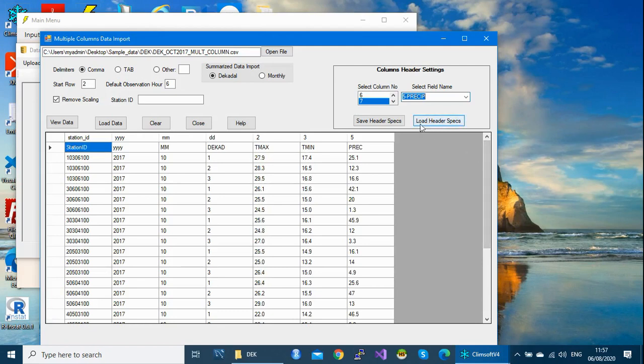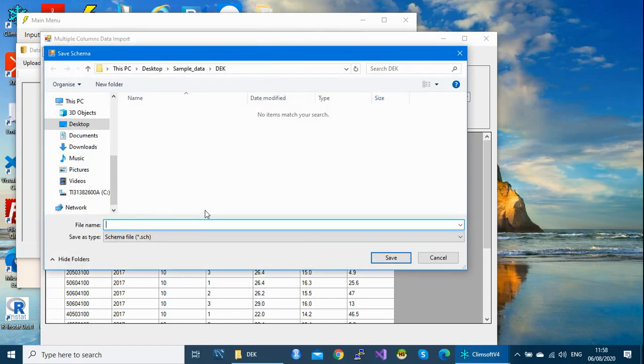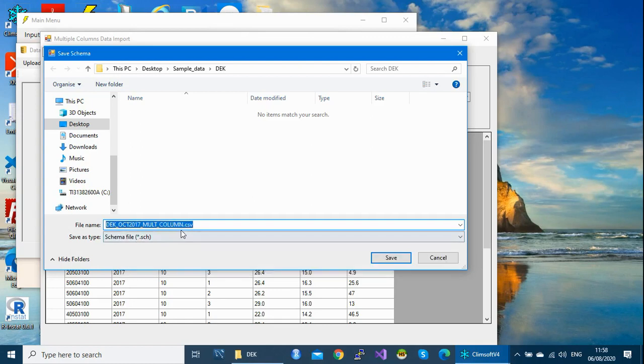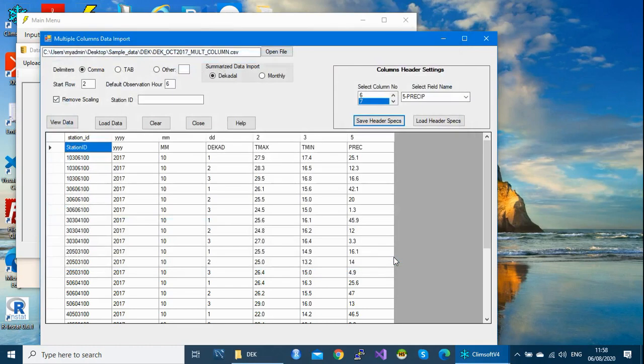So you better save your headers so that they can be reused next time for multiple columns. You can add here, this is headers, so that this can also be reused next time.